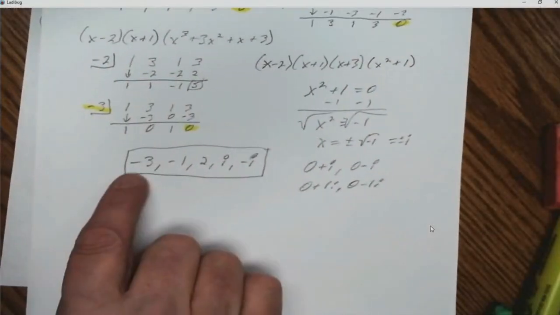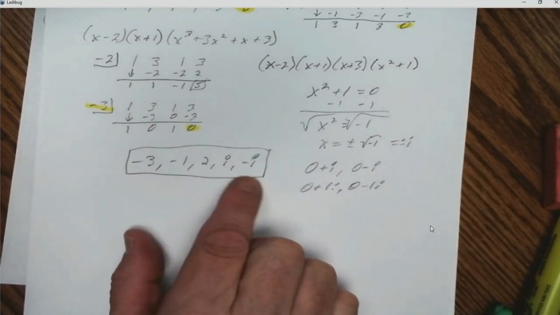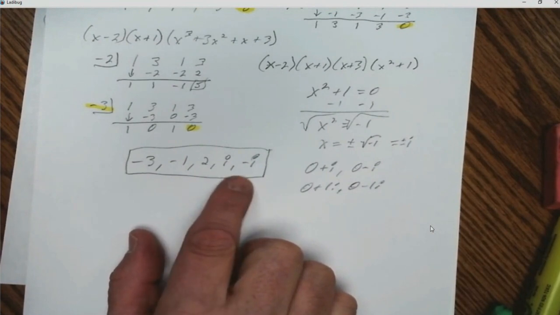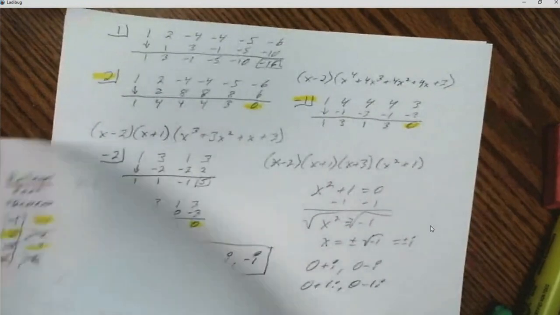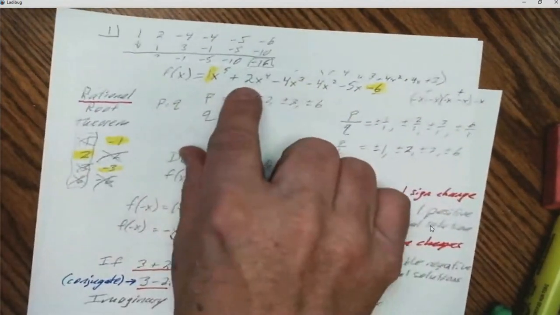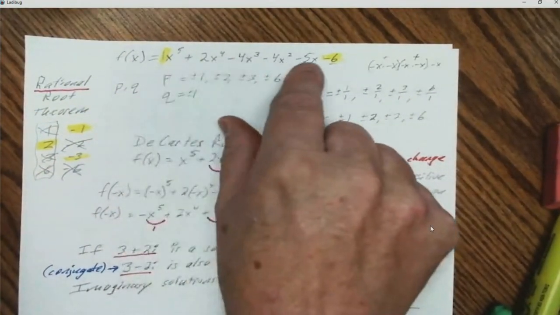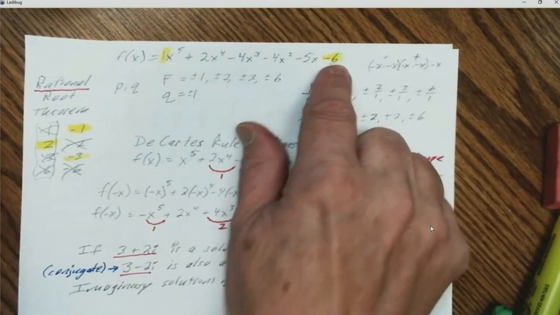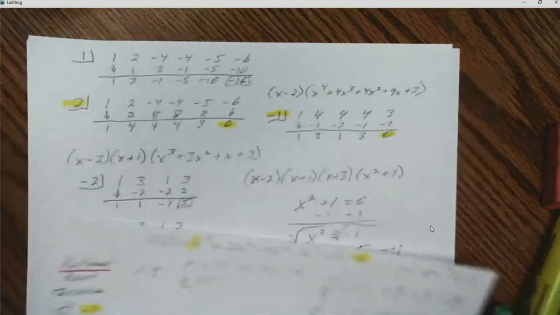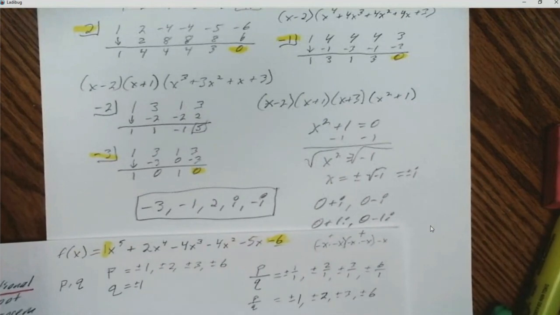We've got one at -3, one at -1, one at 2. And these are imaginary, so they don't show up on the graph. So we took this really long equation that we started class with, this x to the 5th, and we found all 5 solutions right there for that equation in about 30 minutes,